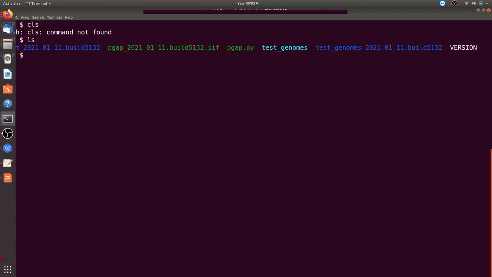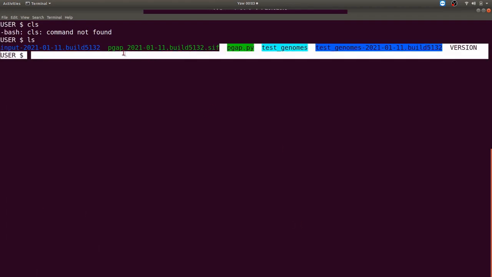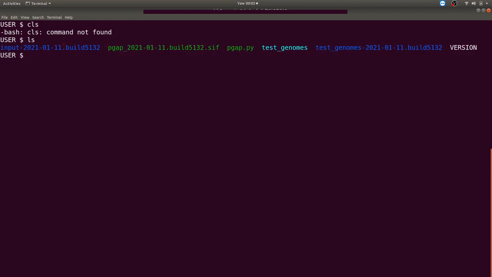Okay, so you realize that aside from the pgap.py, we also have this image downloaded, and then we have this inputs. Okay, these files. Okay, we will skip the testing. I'm assuming that everything had gone on well, so we'll just proceed. So once you have the PGAP successfully installed, we are now ready to run our